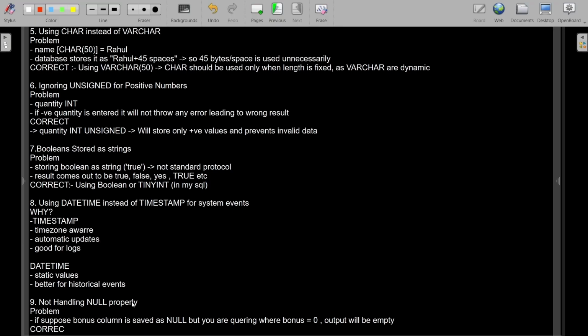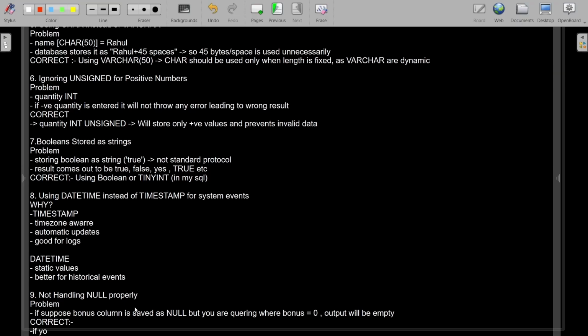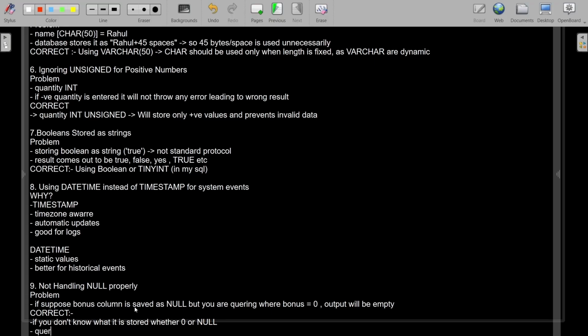So the correct way is, if you don't know whether it is stored as 0 or null, query using where bonus is null or bonus equals 0,